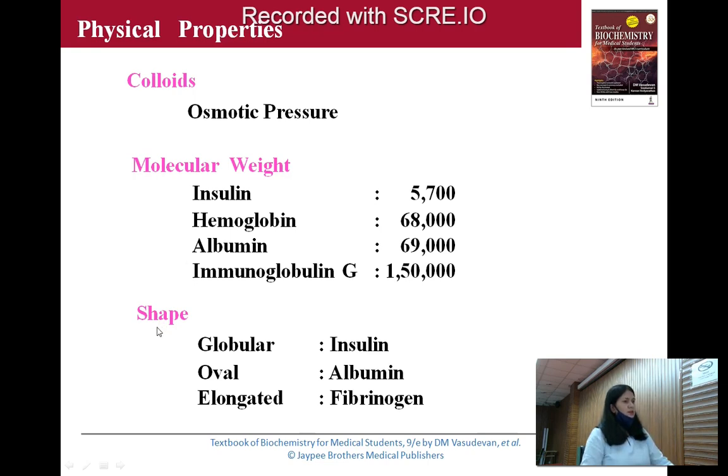So in the last class, I mentioned that the shapes of proteins are different. Some are globular, like insulin, oval and globular, almost the same. The polar amino acids in globular or oval proteins are present on the surface. That's why they are more soluble when compared to elongated or fibrous proteins. So in the viva, if they ask you to give an example of an elongated or fibrous protein, you can mention fibrinogen, isn't it? Any other fibrous protein you know? Collagen, elastin, isn't it? These are all fibrous proteins.